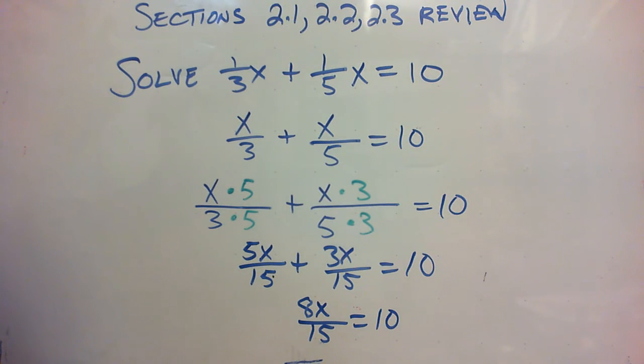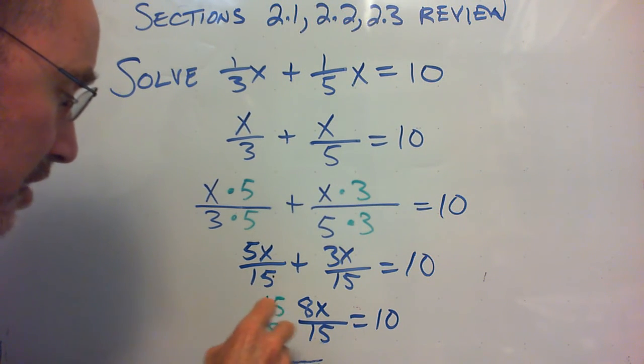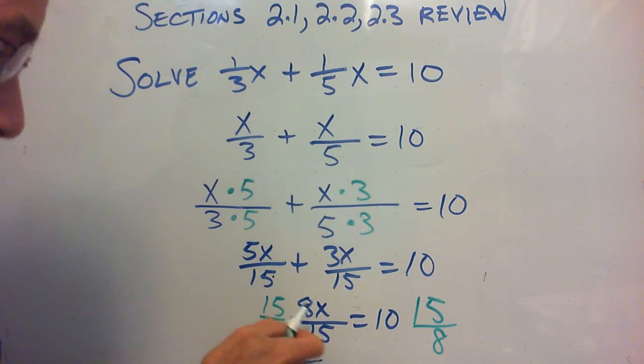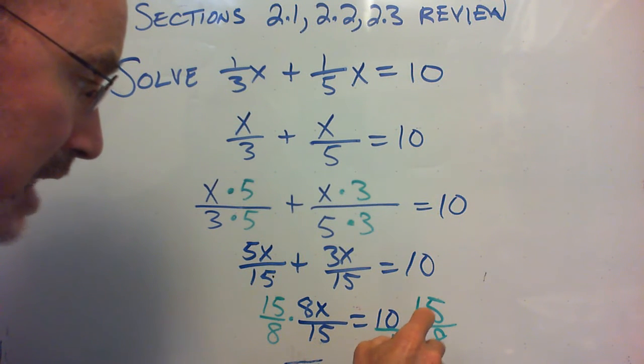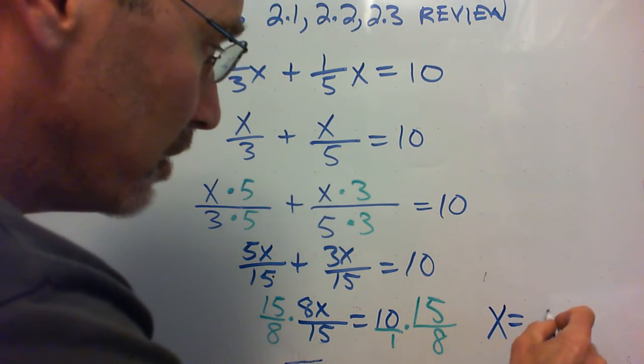Now there's a one-step way to solve this equation at this point. You could multiply both sides by 15 and divide by 8, but better yet, multiply both sides by 15/8. So 15/8 times the 8/15, they cancel. We turn the 10 into 10 over 1 times 15/8. So we get, whatever that is, 120x over 120. All those numbers on the left cancel, leaving just x equals